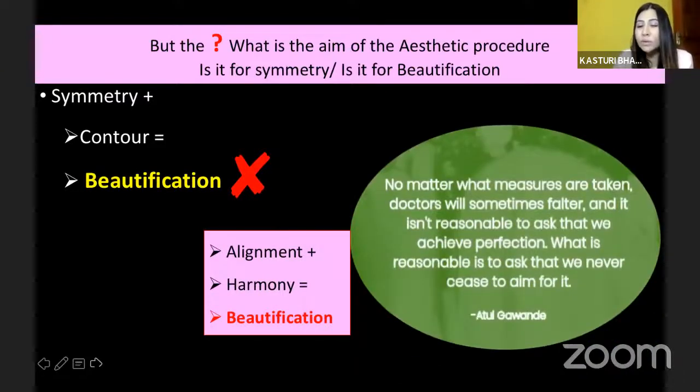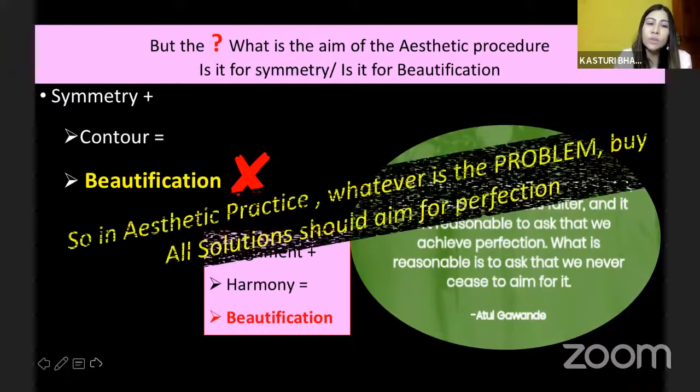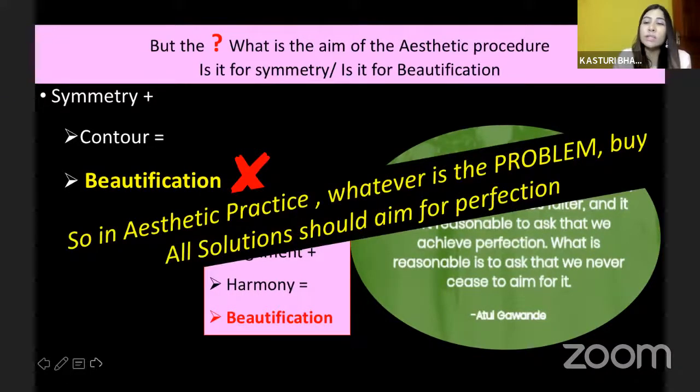So I start my talk by quoting Atul Gawande, who has mentioned that no matter what measures are taken, doctors will sometimes falter. Whether you're a very expert surgeon or whether you're just a novice surgeon, you can falter. And it isn't reasonable to ask that we achieve perfection. What is reasonable is to ask that we never cease to aim for it. So in aesthetic practice, whatever is the problem, we need to have the solution, and all solutions should aim for